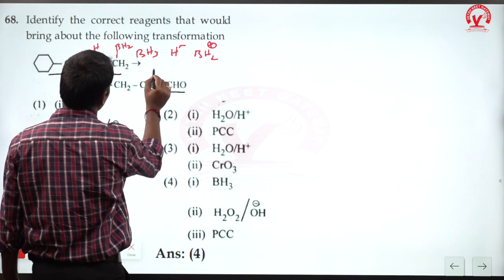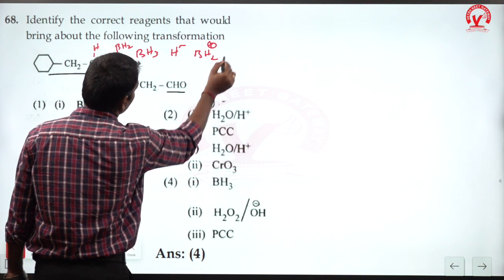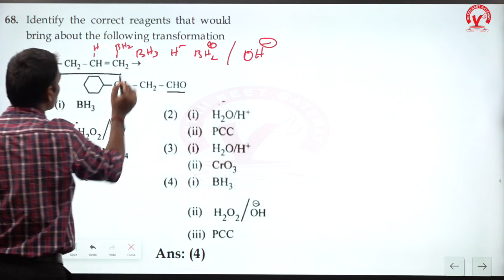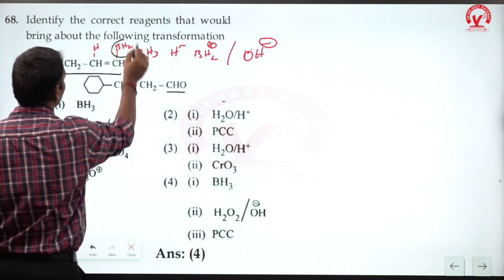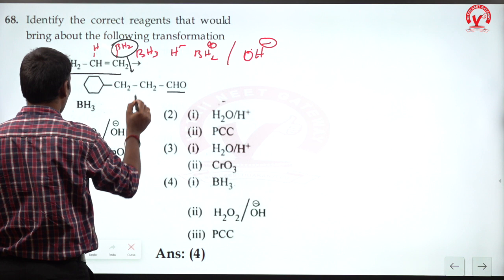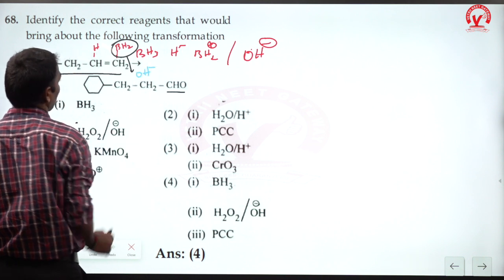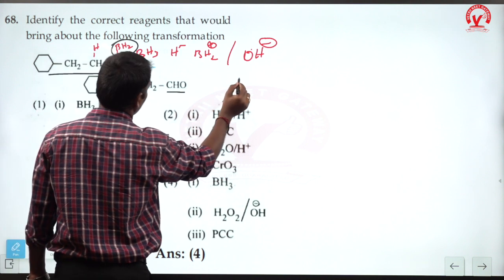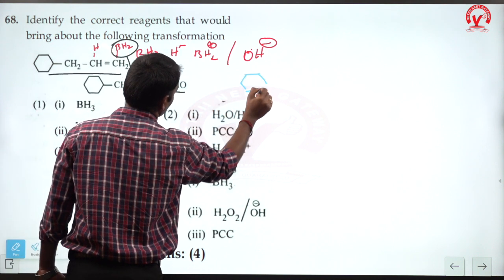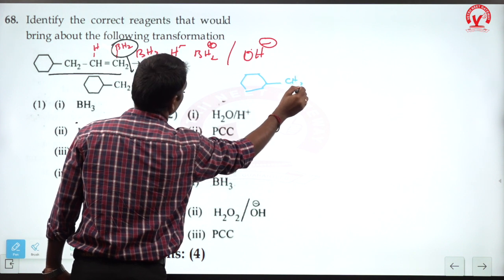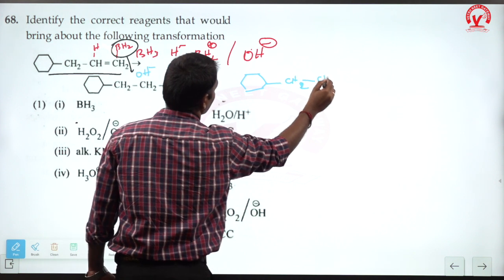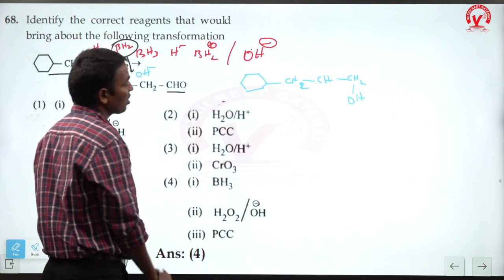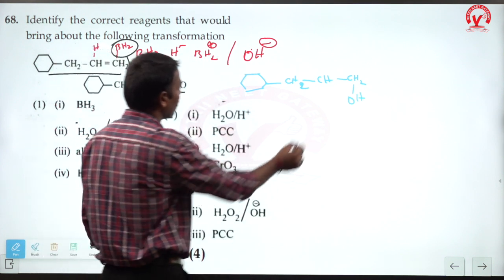In the next step, oxidation, we have to take OH minus. Instead of BH2 we have to add OH minus here. The next step is for the conversion to aldehyde, like this, CH2OH. That is boration oxidation, hydroboration oxidation. Next step we have to use